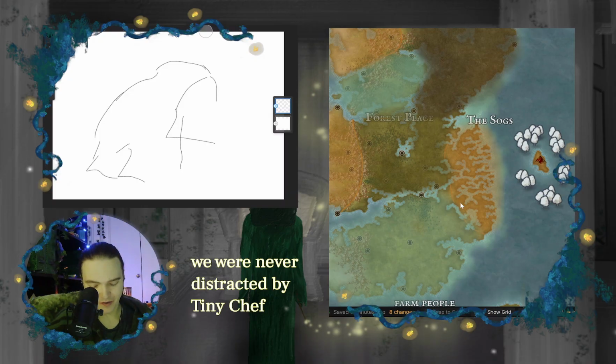But I just have to go wherever my interest is at, and right now it's doodling crow people, and before it was Tiny Chef.